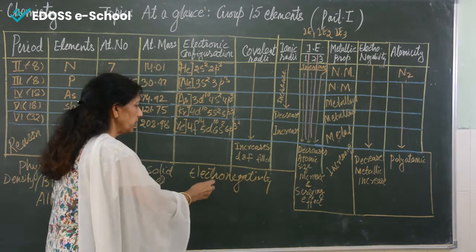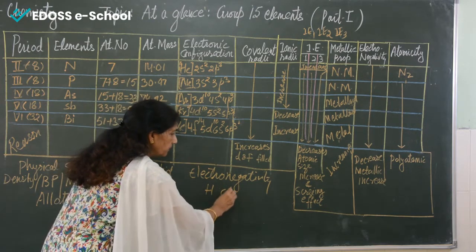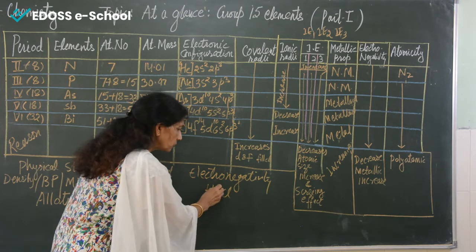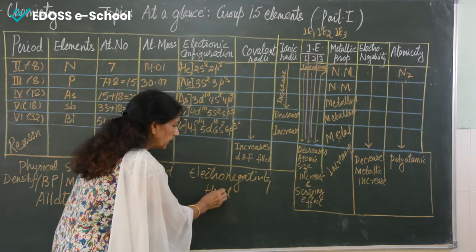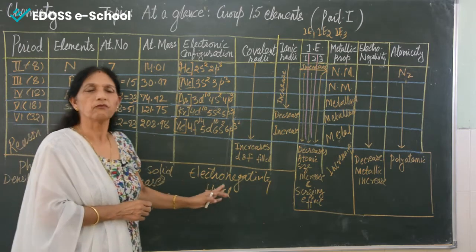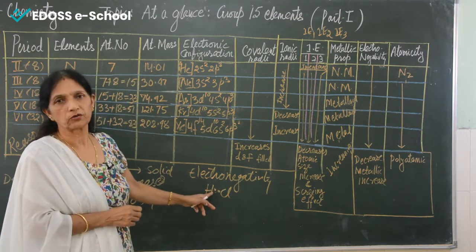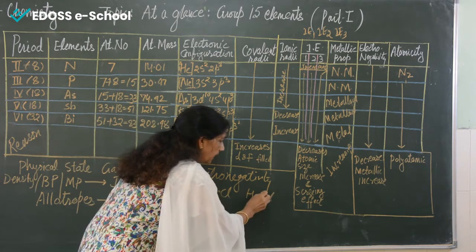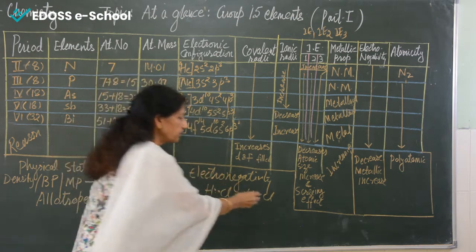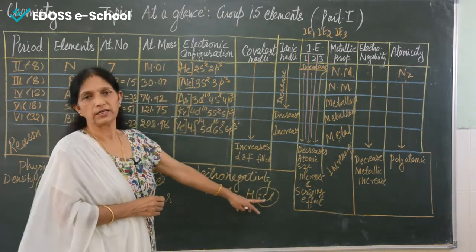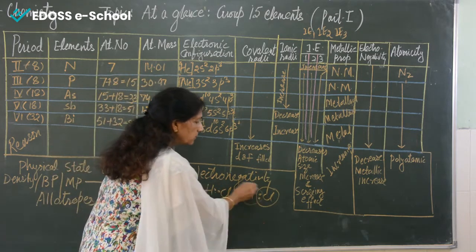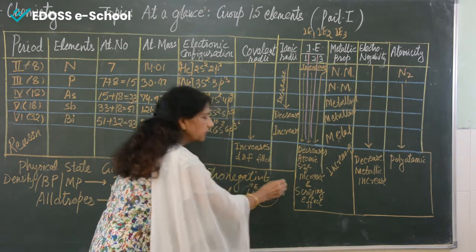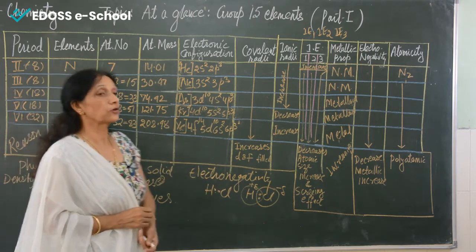I can explain it like this: this is hydrogen and this is Cl. How does hydrogen chloride form? Hydrogen has one electron in its outermost orbit and Cl is short of one electron. It is having 7 and needs one more. So when HCl forms, this is HCl and this is the shared pair. This shared pair is attracted more towards the Cl and less towards hydrogen. So hydrogen gets a little positive charge and Cl gets a little negative charge. So this is known as electronegativity.